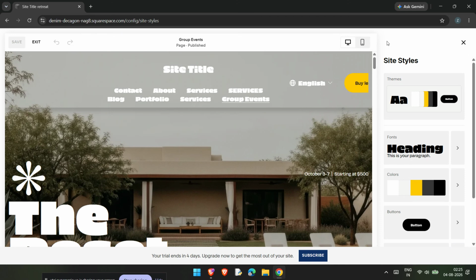This is a great way to fix design issues, clear out confusing style settings, or start fresh with a new